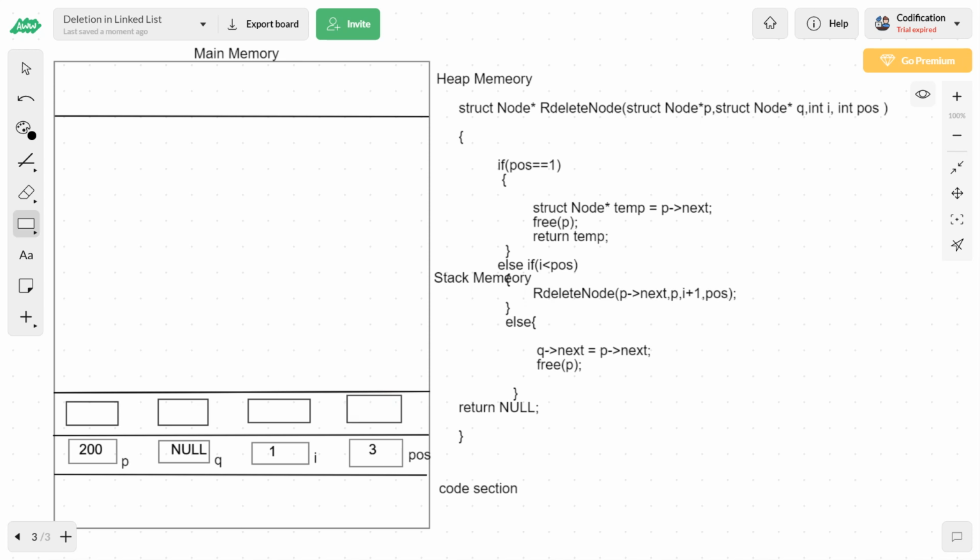Let us provide each block a name: block P, Q, then I, and finally position. Now what are we passing while calling, instead of P, what are we passing?